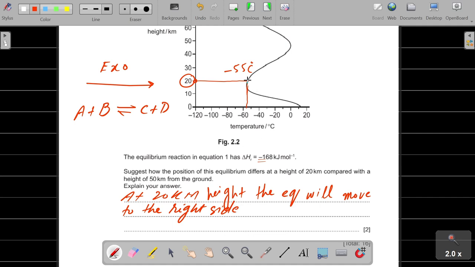Why? Because here the temperature is low, okay. The reason is the temperature is low. Okay, at 50 degree, so at 50 height, you people can see,